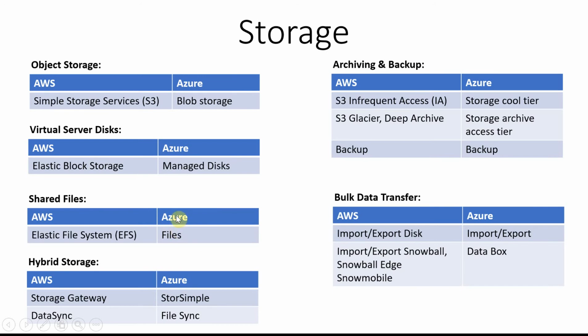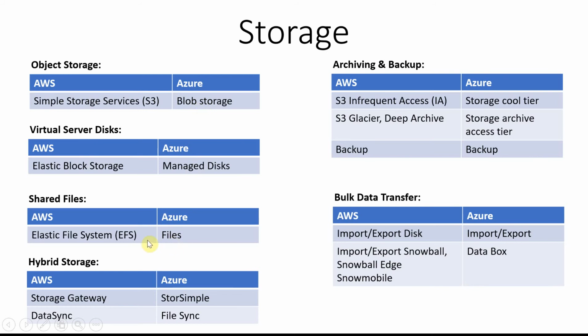And let's say you're looking for file-based storage, which works on a protocol called SMB. If you're looking for file-based storage, then the option is EFS, Elastic File System. In Azure, it is just Files, Azure Files. So it's file storage based. And let's assume these are all options that you get in the cloud.